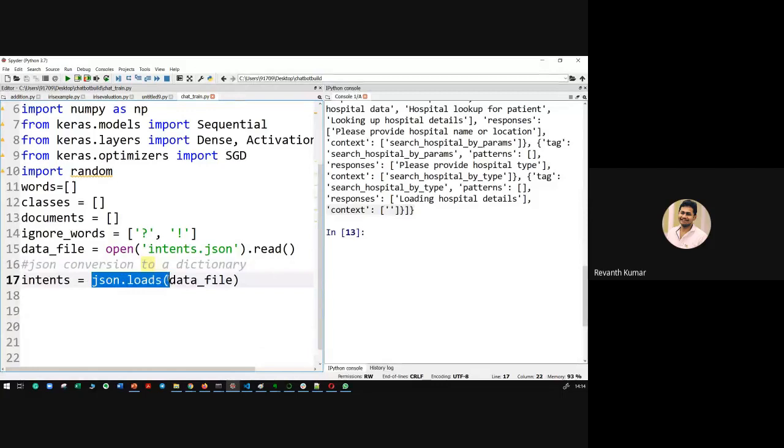So we already wrote it here. JSON.loads of data file, it will get converted into a dictionary. So intents is a dictionary of data set. Okay. Right. So in this dictionary,